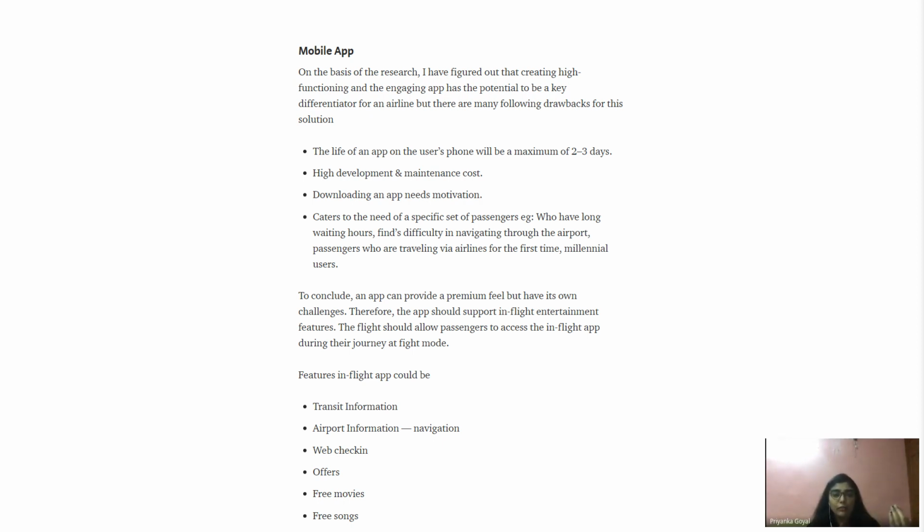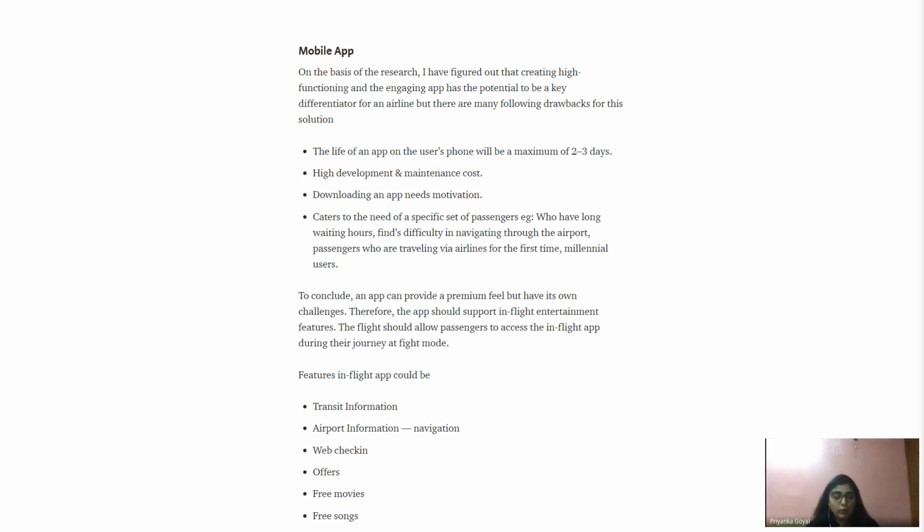My assignment was about mobile app design, but I didn't go with that. I have proposed something else to them because I have solid reasoning behind it. I thought that a mobile app is not workable because the life of this app will be 2-3 days maximum on the user's mobile, because he will only be using this app while transiting or while traveling. He will not be keeping it for life.